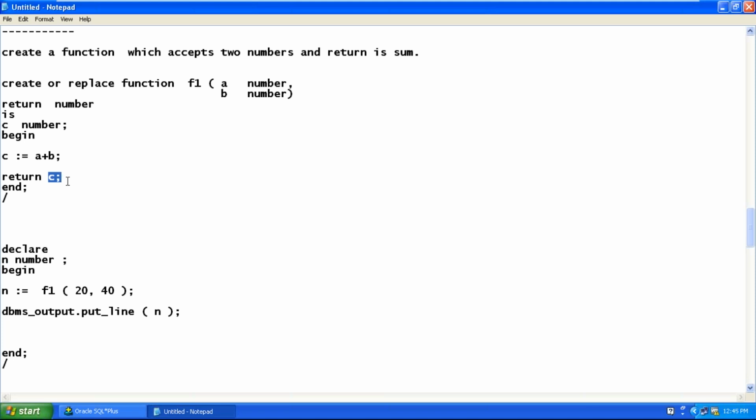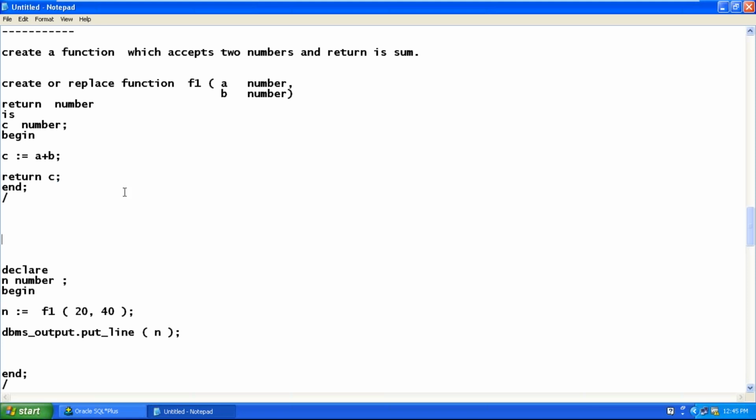Now your question was whether in the function the value is stored in C. If the value is stored in C, tell me what value is stored in C? Nothing, we didn't put the input parameters. Exactly, at runtime, when you're invoking, then the values will be passed.